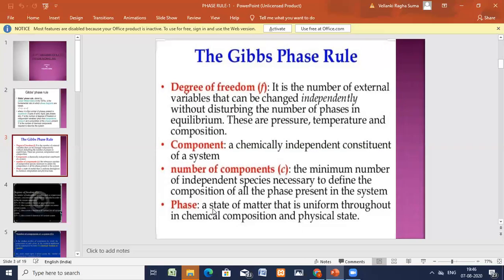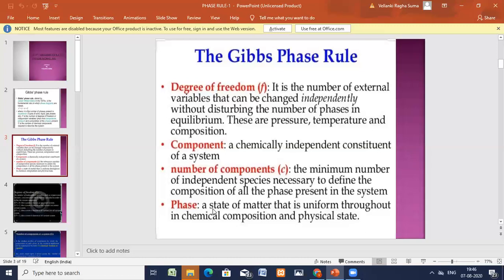For example, water and ice as the solid, water in the liquid state, and water vapor in the gaseous state. All these are homogeneous; there are three phases. All of them are homogeneous and physically distinct, with boundaries. In the phase diagram, they have particular boundaries with lines and curves. That is the boundary surface. And mechanically we can separate those homogeneous parts of the system. Those are called phases.